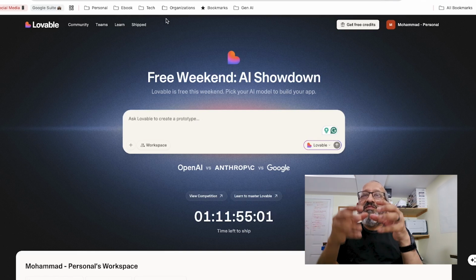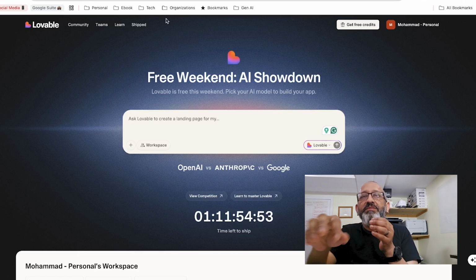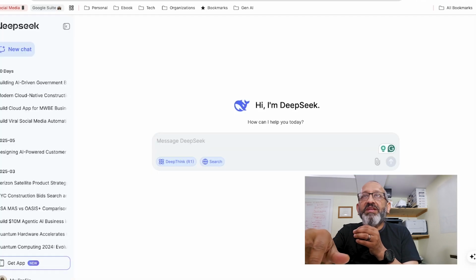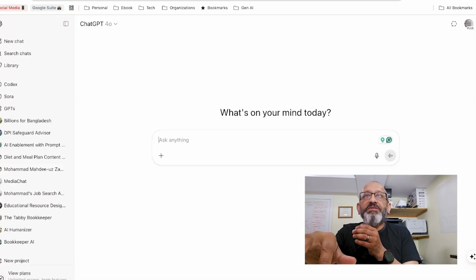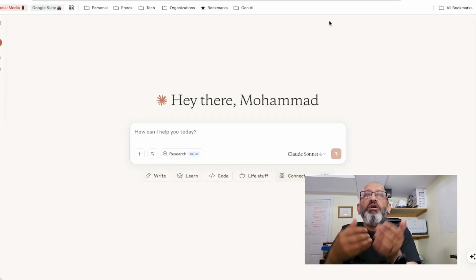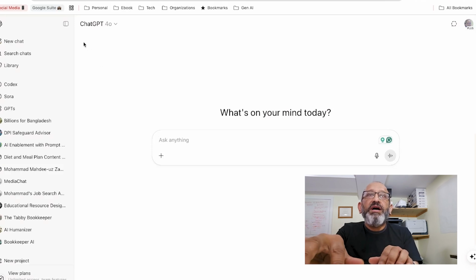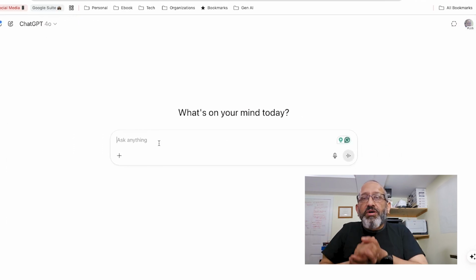So first, before I start typing in Lovable, I want to use one of the other AIs like ChatGPT or Claude or DeepSeek, one of them, and I have all of those open right here in front of you: chatgpt.com or chat.deepseek.com or claude.ai. Either one of them you can go in. These are all free versions, and you can just type. So let me type in ChatGPT because that's what everybody uses the most, and I will make it a big screen.